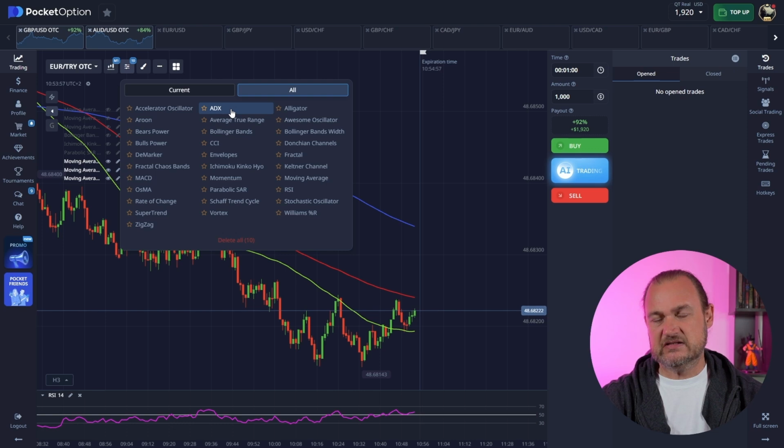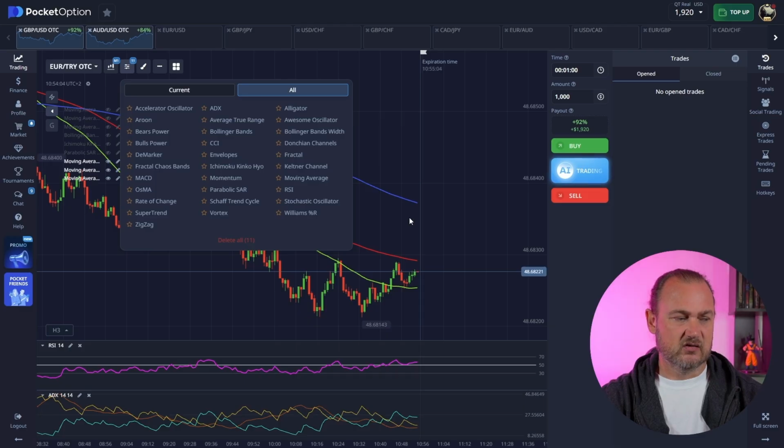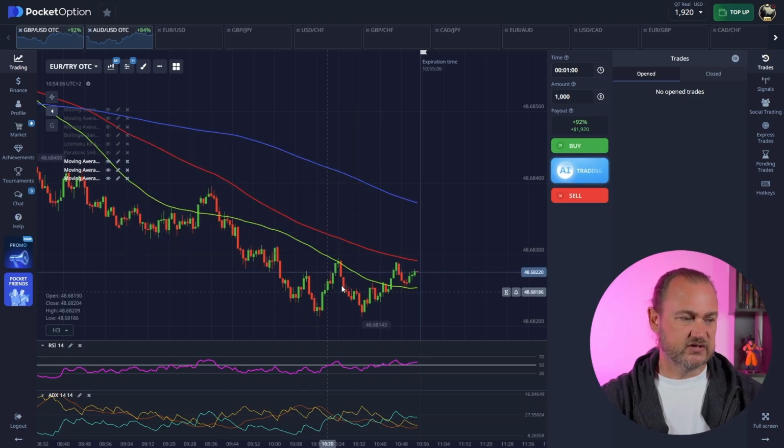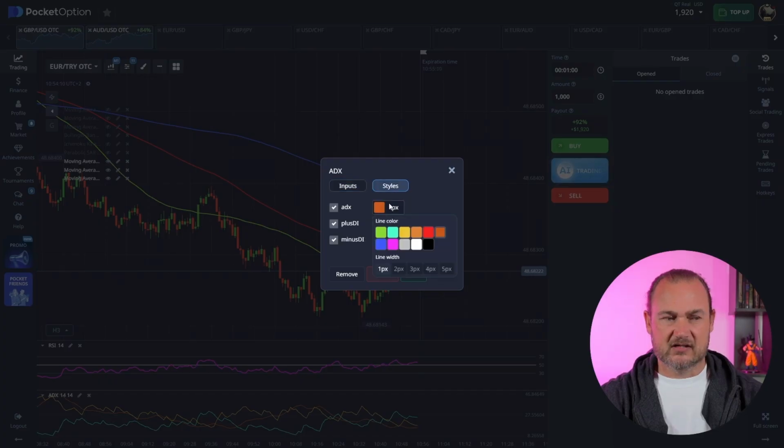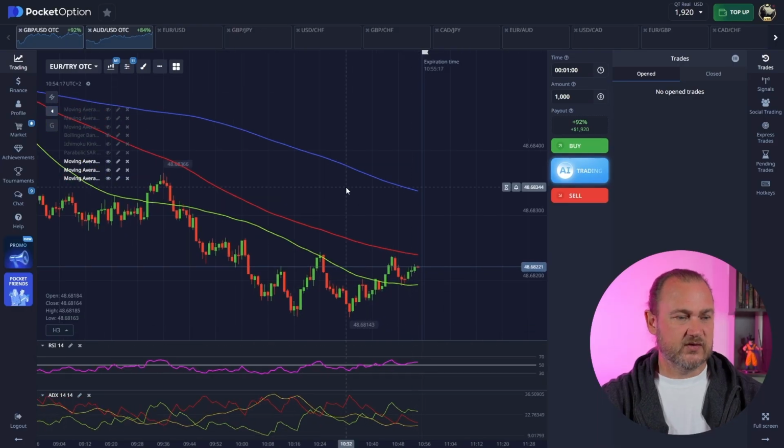And we're going to first look at it by itself, and then we're going to look at ways to combine it, in the same way that we use the RSI along with the moving averages. So this will be the ADX. Again, I always change the color style of this because this is the way I like it. Okay, so the ADX